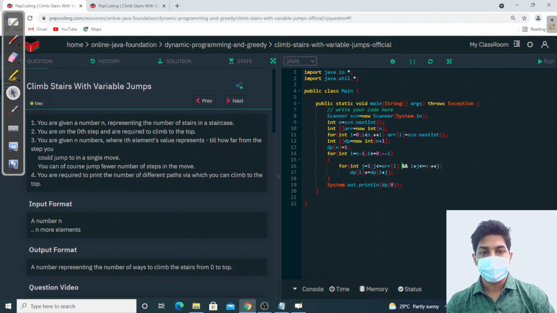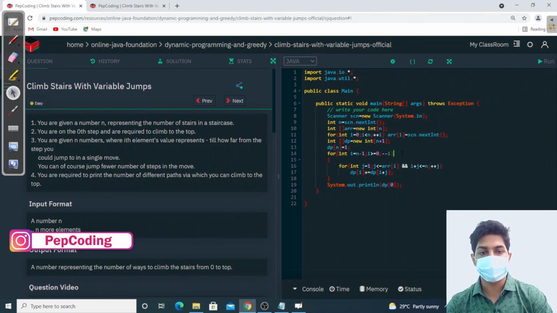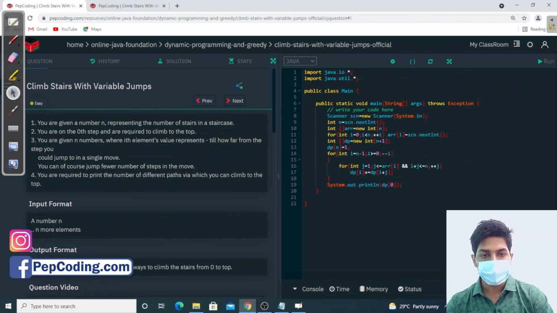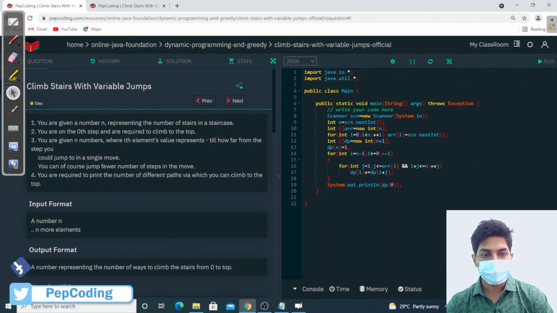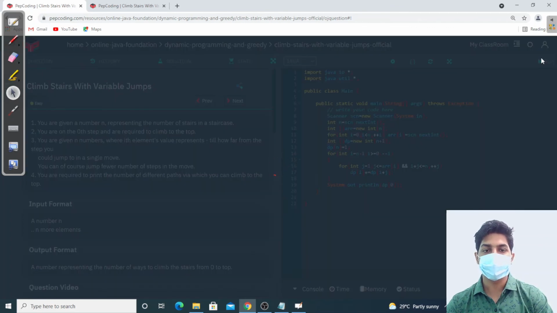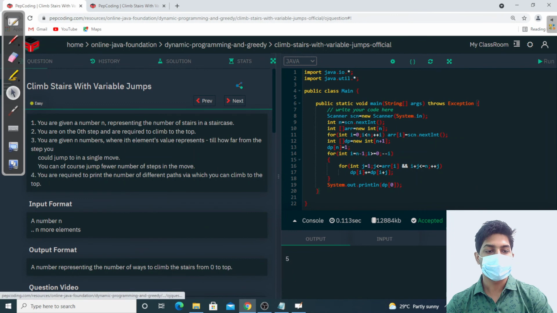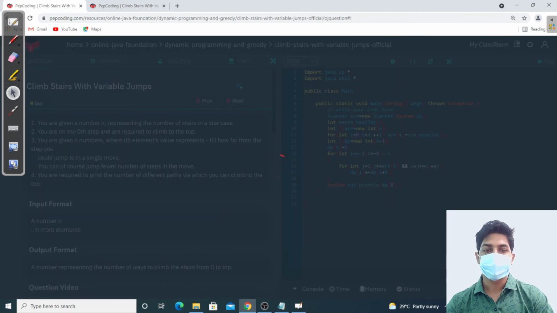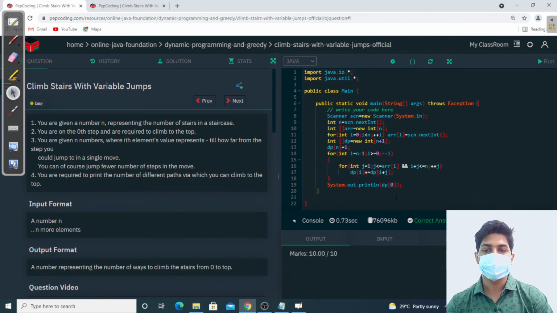Okay, now let's check whether we have done everything correctly or not. We have taken the input for n, we have taken the n numbers, that is the number of jumps. We have made dp array, initialized the last destination point with 1. This outer loop is correct, this inner loop is correct, addition part is correct. Okay, let's try to run it, see whether we have done correct or not. We have done right. Let's try to submit it, whether we are passing all test cases or not. Let's see that we are passing all the test cases, so our solution is correct. I hope you guys would have understood the solution.